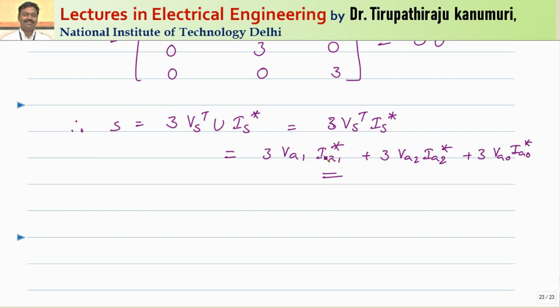Once this complex power is obtained, the active power will be the cosine part of the value, and if you want reactive power, it will be the sine part. For example, for active power I have to do 3 times the magnitude of Va1 multiplied by the magnitude of Ia1 multiplied by cos of the angle between this voltage and current. Seeing it? The same way we can do for the remaining ones. That is called the active power. If you want reactive power, you have to take the sine of the angle only.